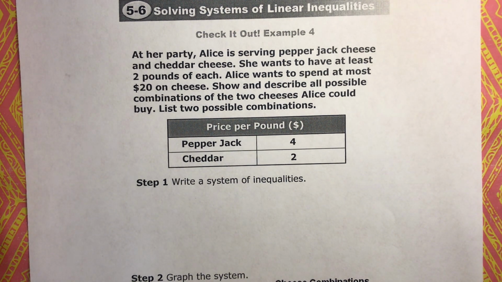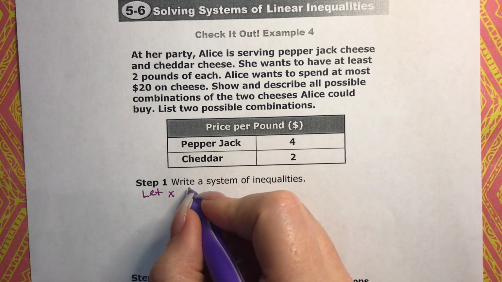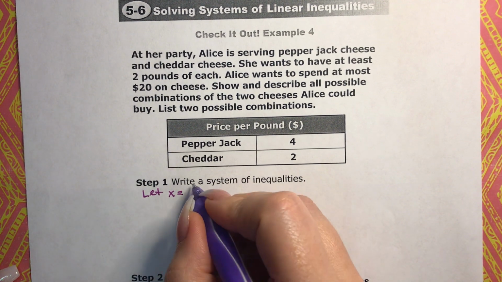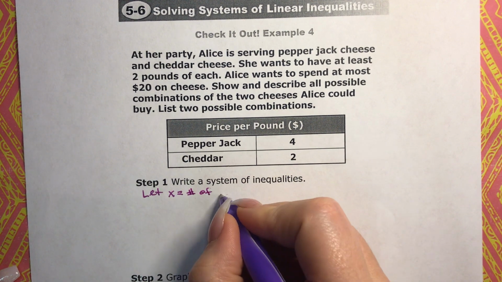They're going to represent the number of pounds that Alice is going to have. Let's go ahead and let x represent the number of pounds